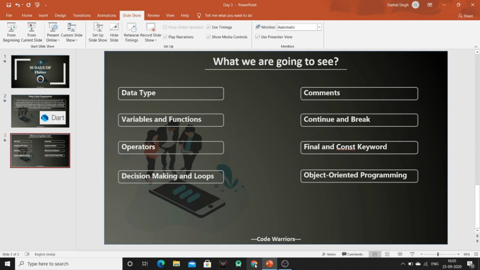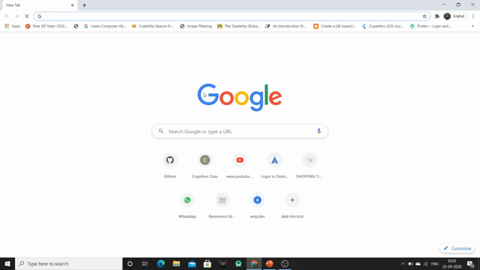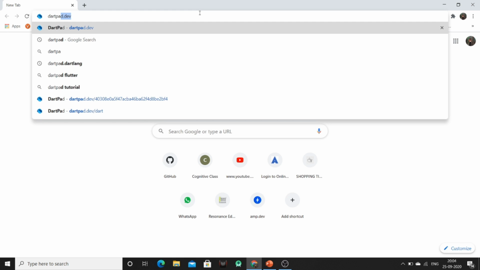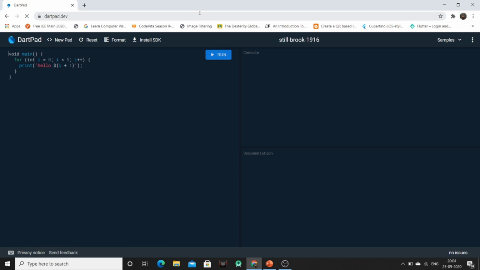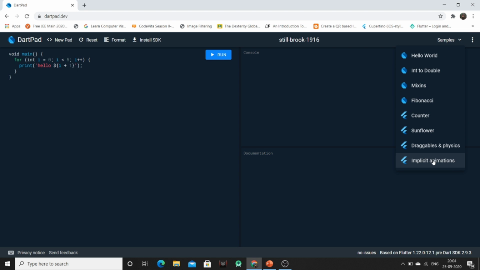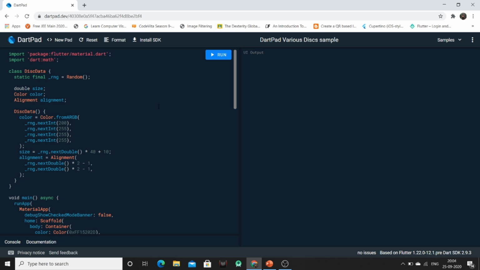For that, just go to your Chrome. Now search for DartPad, and this IDE is given for running Dart programs. This program is predefined and available for users to run. In this you can also have some sample programs which you can run by clicking on run, and the output will be available in this console part.